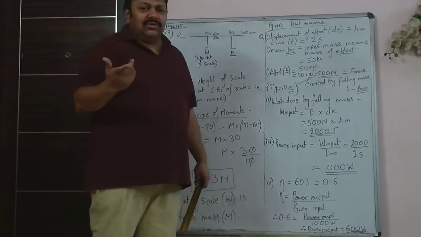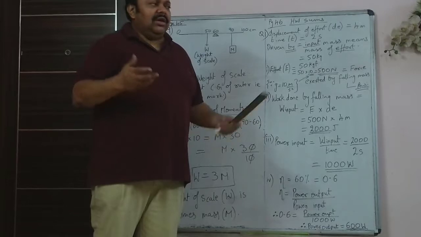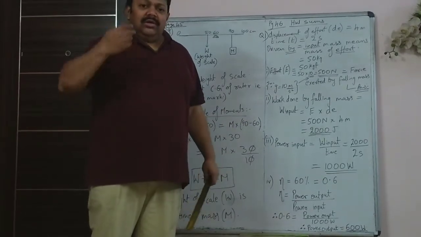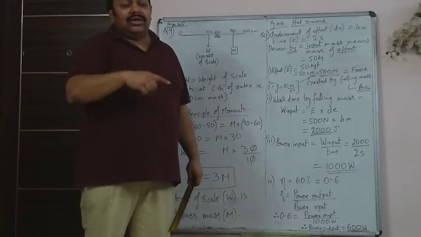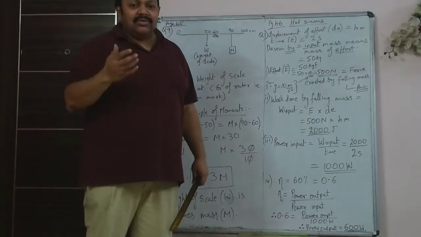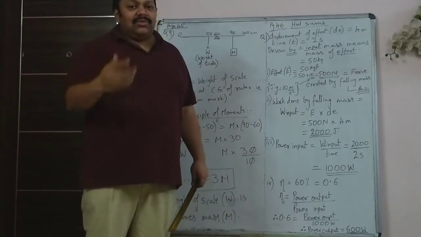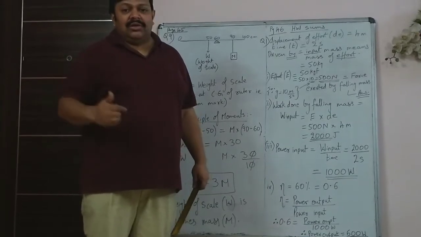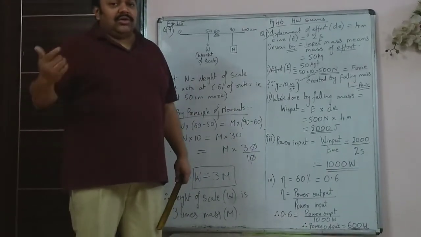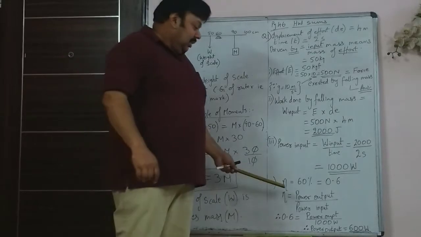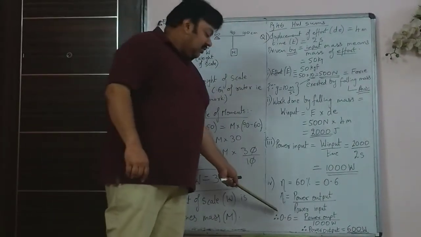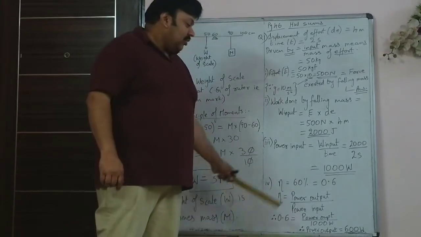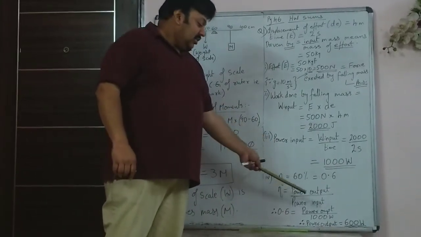You use any machine, maybe any washing machine, anything. The moment it's switched on, the electrical energy is coming in, the time for which electricity comes in is the input time, and the output time is the time for which it spins and dries and works. That total time will be the same. So therefore, here you have efficiency 0.6, power input is 1000.